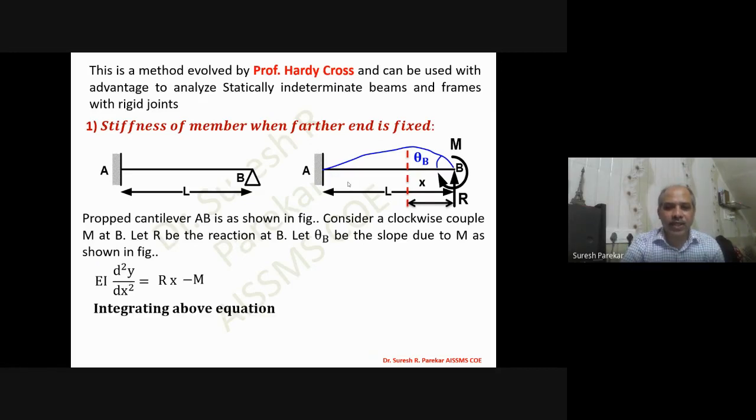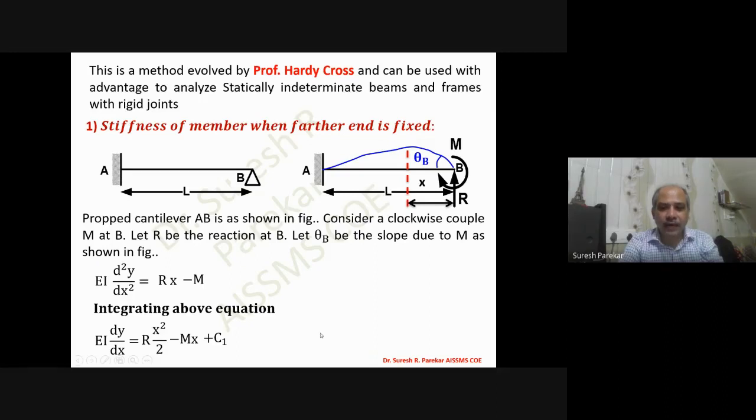Now integrating the above equation, we are well familiar with these equations. We have used them in your first method, which is Macaulay's method for slope and deflection. Then we used it for fixed beams, and also for the three moment theorem, the same equation, and then we simplified it. Here also we are in the same fashion. Then we are going to integrate it, which gives me EI dy by dx equal to Rx square by 2 minus Mx plus C1.